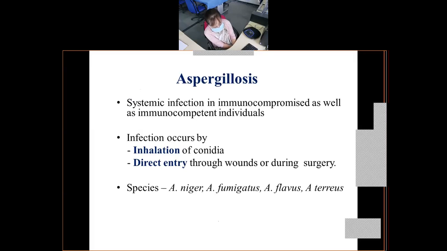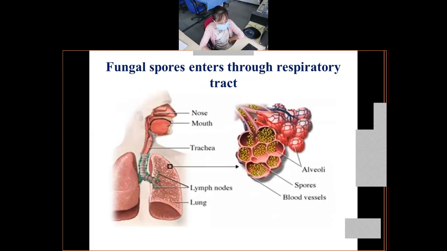So there are many species. We have Aspergillus niger, fumigatus, flavus, and terreus. These are some of the important species of the genus Aspergillus which are known to cause infections. So this is how the fungal spores, when a person inhales them, can go to the alveoli. This is again a very important infection which has been observed in patients who had primary tuberculosis, because